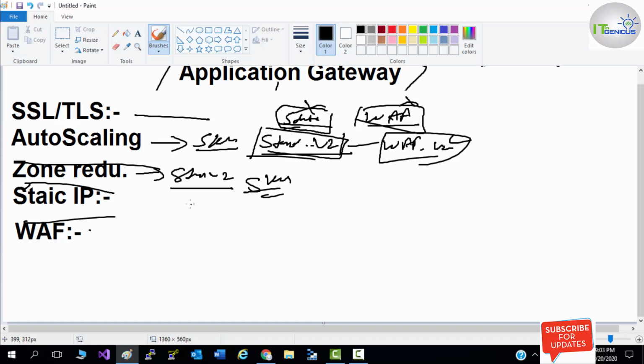It basically uses OWASP 3.1 rules. On the basis of those rules, it will protect your web application from external threats, attacks and vulnerabilities. The common vulnerabilities are like SQL injection, so it will protect your web application from SQL injections.